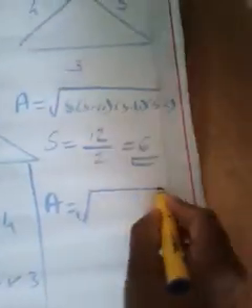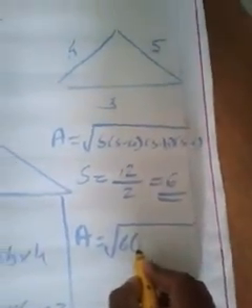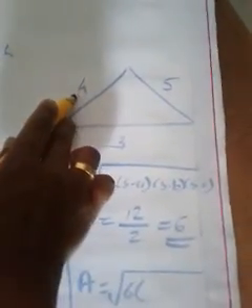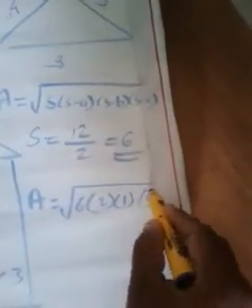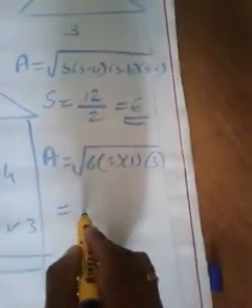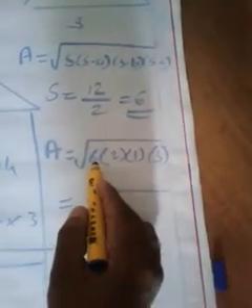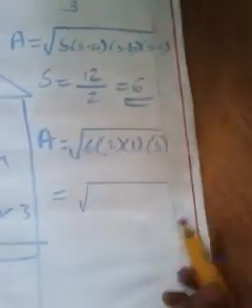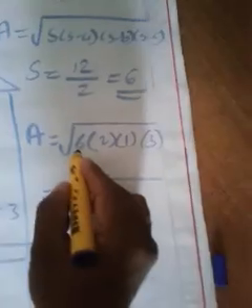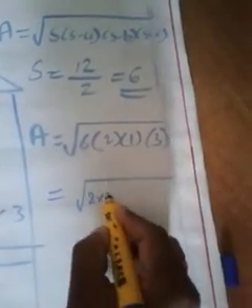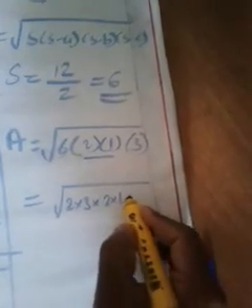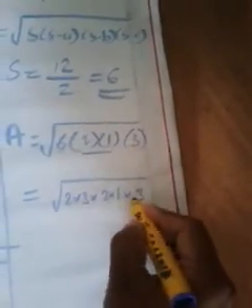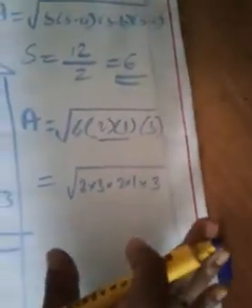area. Square root of s, which is 6. S minus a means s minus the first side. So I am going to consider this as the first side. So 6 minus 4 is 2, 6 minus 5 is 1, and 6 minus 3 is 3. You know how to calculate. So it becomes 6 into 2 into 1 into 3. Prime factorization is always better. 6 you can prime factorize as 2 into 3, and 2 into 1, 2 is already a prime number, so we are not going to disturb it, and 3 itself is a prime number.